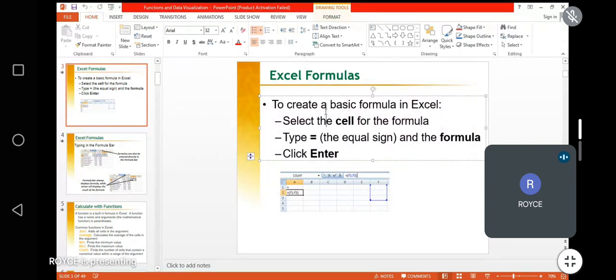For instance, in the illustration here, A2 is where the formula is meant to go, so they've selected A2. Then you type an equal sign. Every time you type an equal sign in Microsoft Excel, Excel understands that you're trying to